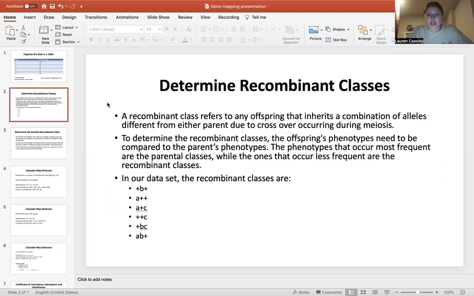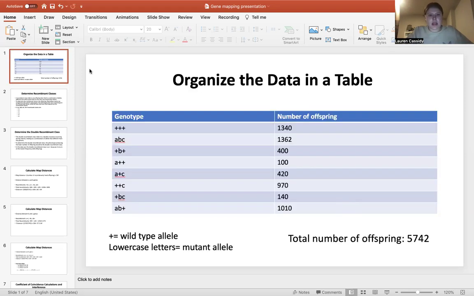We are going to determine the recombinant class, which is when the offspring inherits a combination of alleles that is different from the parents. It could be determined by the genotypes that produce the lowest frequency of offspring. So here, the first two would be considered the parental classes. Therefore, the rest of these would be considered the recombinant class, which means